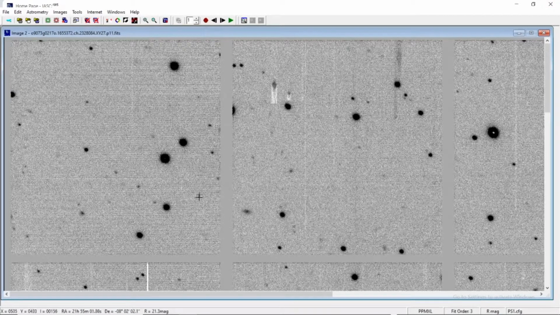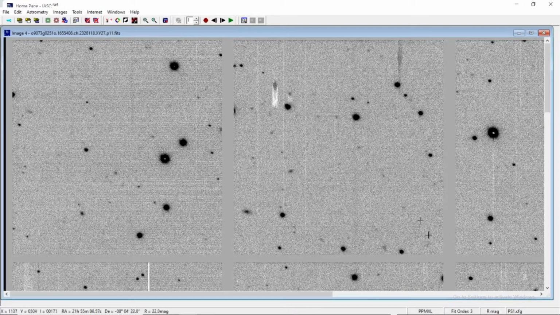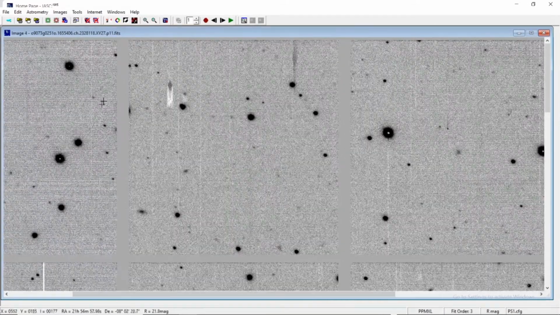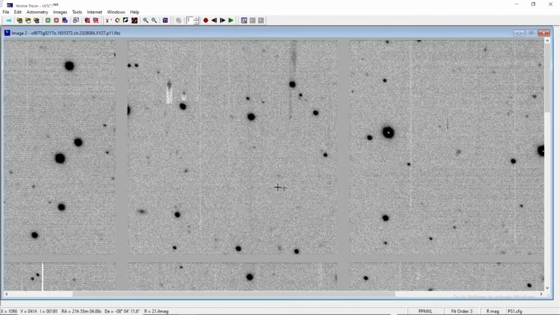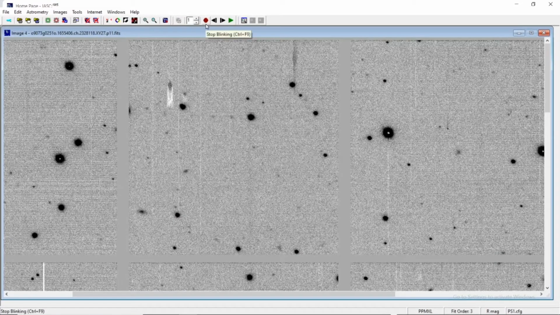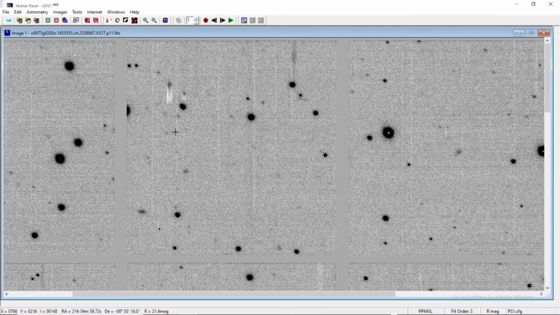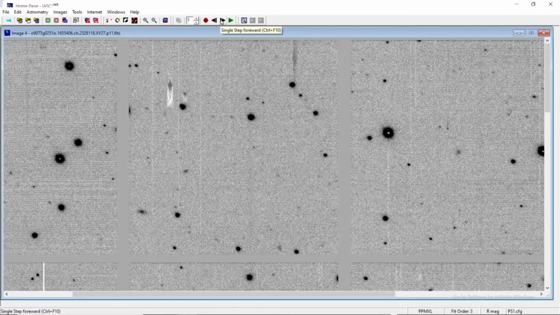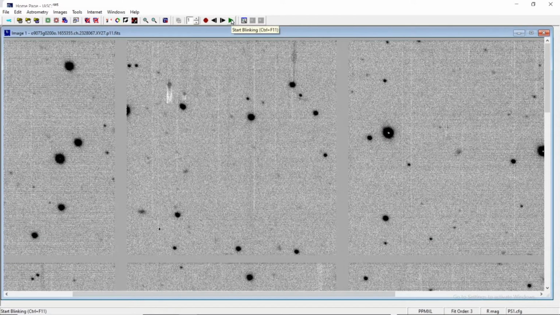First row and first column, I cannot see any object moving at all. Now let's move to the second column. In the first row, second column, sometimes there may be a few objects like this. I am just stopping. This may give you the sense of movement, but if you go steps backward or steps forward, you may not find this object at all in any other frame. So it may be due to an atmospheric turbulence,